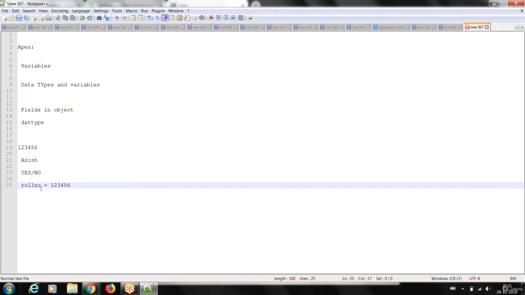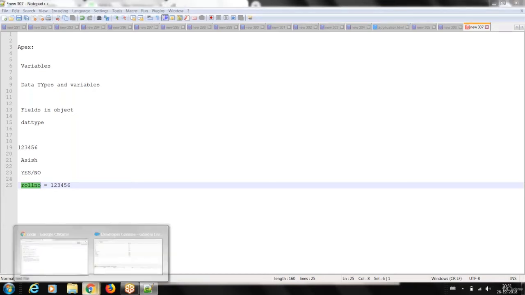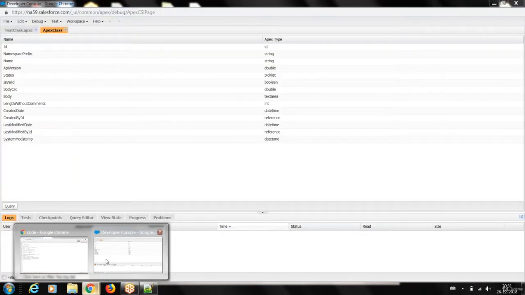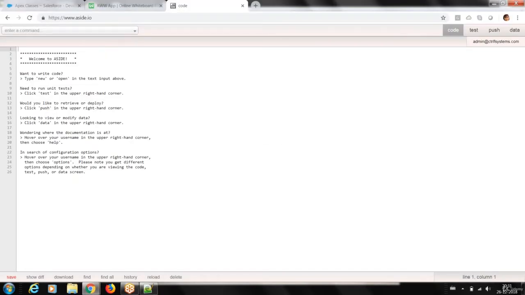So what is this roll number, and where in memory am I storing it? When I say a program, something is being stored in my memory, meaning my program memory. It may be heap memory or stack memory. Let me clear this.